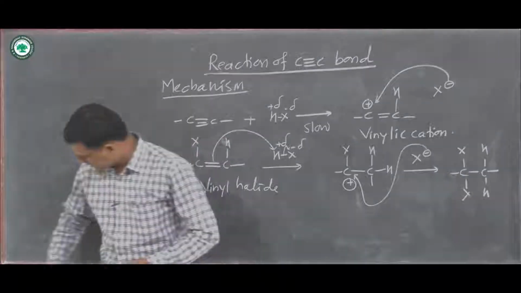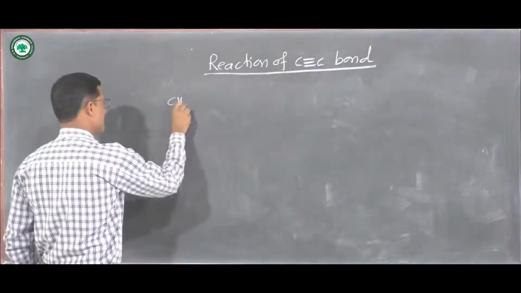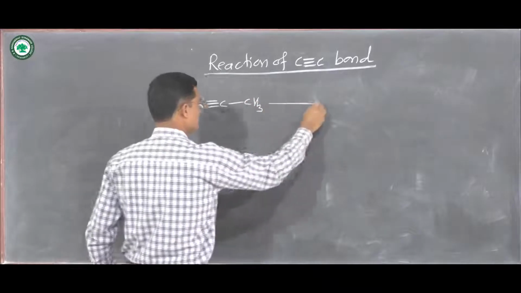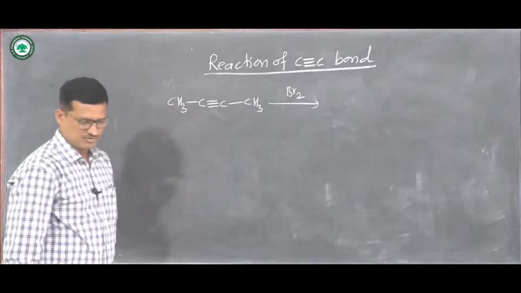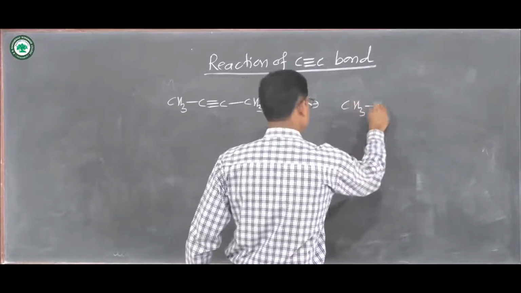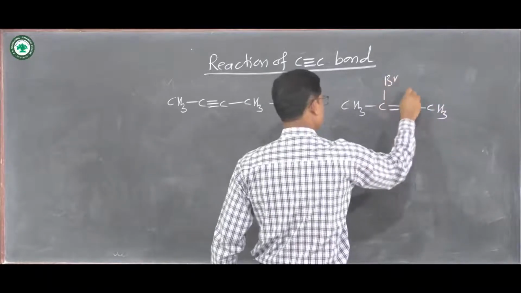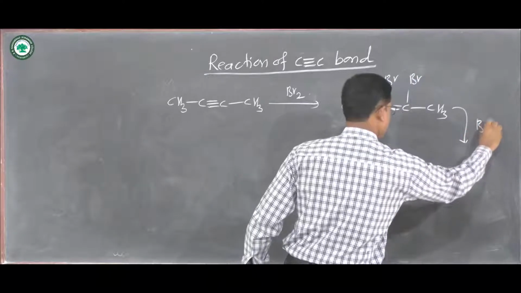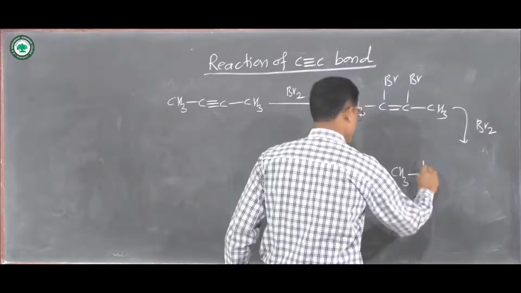Then we take the next example. Suppose the halogenation, or addition of Br2. We take this carbon-carbon triple bond, and the first molecule of Br2 is added. Then we get this dibromo compound. Again the second molecule of Br2 is added to the carbon-carbon double bond, and then we get this